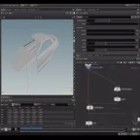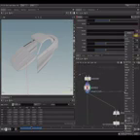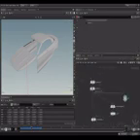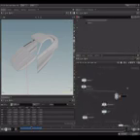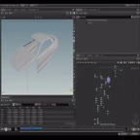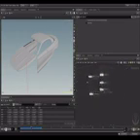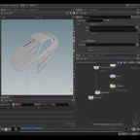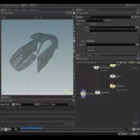So I'm gonna call this body reduced, and let's paste it here. Body reduced,